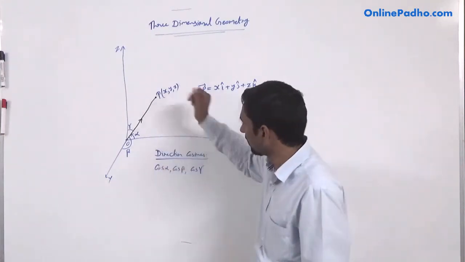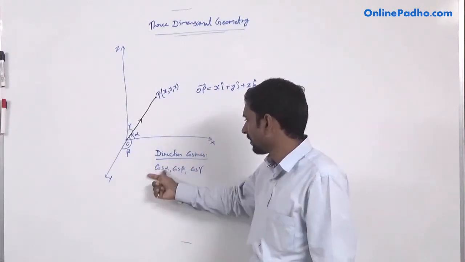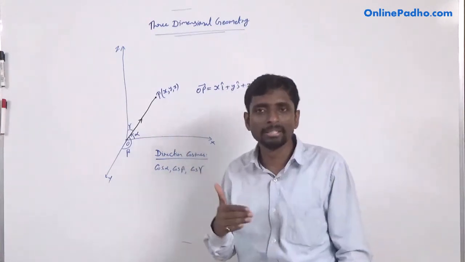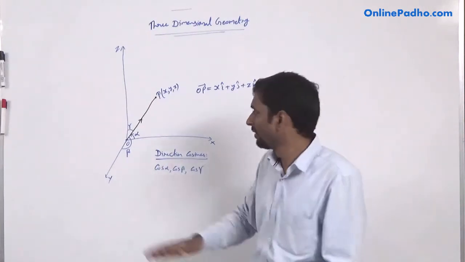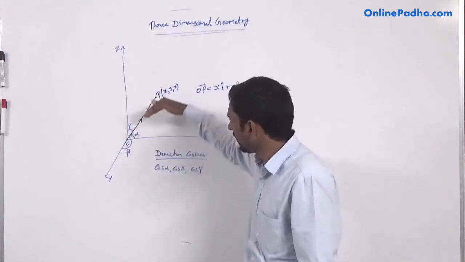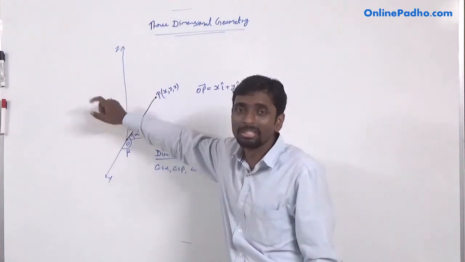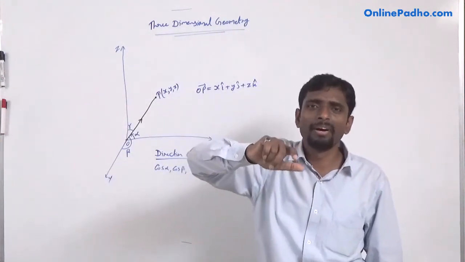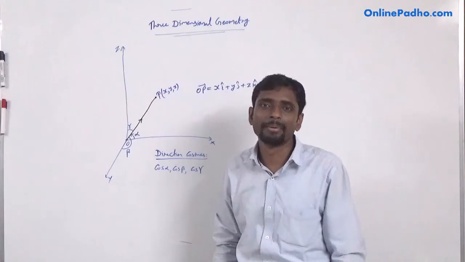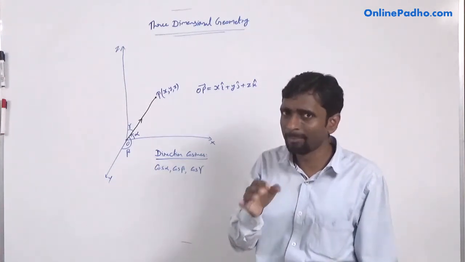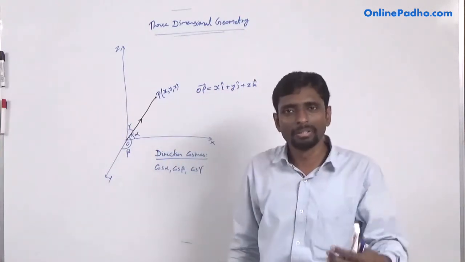If we have the OP vector x i cap plus y j cap plus z k cap, then cos alpha, cos beta, cos gamma are the direction cosines. And what do we mean by alpha, beta and gamma? Alpha is the angle of that vector with the x-axis, beta is the angle with the y-axis, and gamma is the angle with the z-axis. So these are the angles alpha, beta and gamma, whose cosines are called the direction cosines of that vector, right? So first of all you have to find the vector, then only can we find the direction cosines of that vector or that straight line, right?